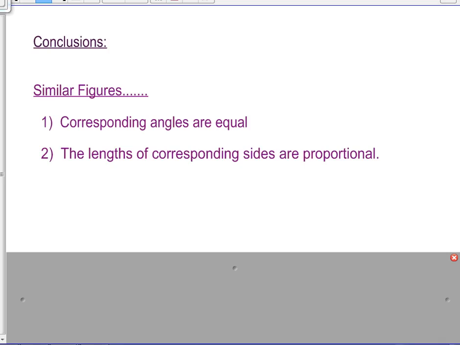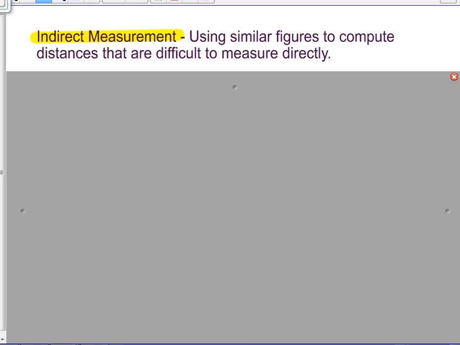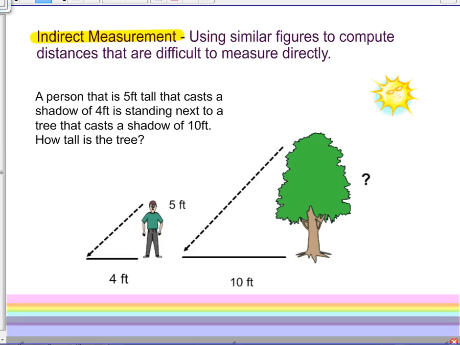All right, so moving on to the second part of our lesson today, we're going to be discussing scale drawings. But first of all, we need to talk about a couple vocabulary words. The first one being indirect measurement. Indirect measurement means using similar figures to compute distances that are difficult to measure easily. So for example,